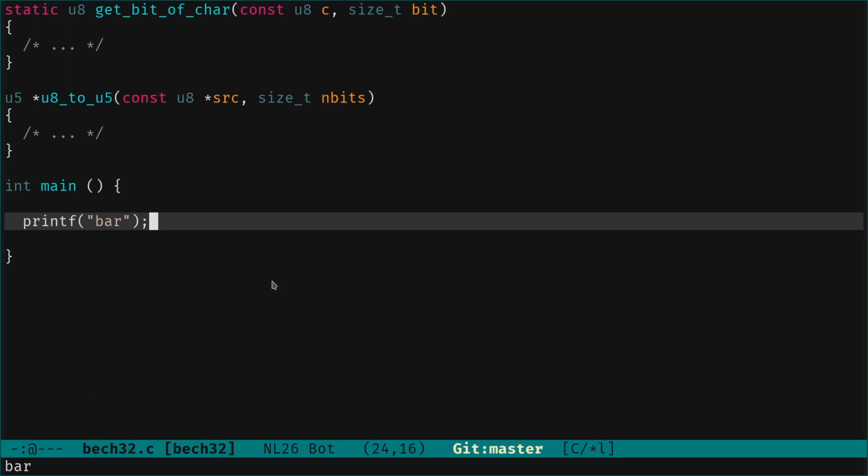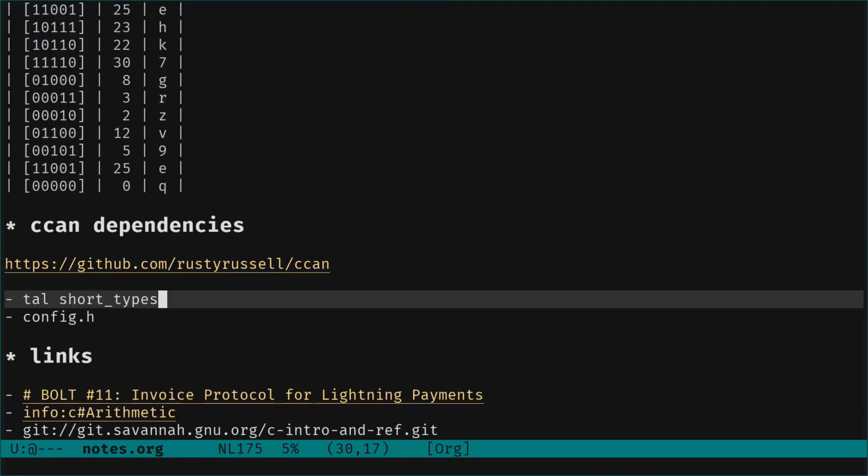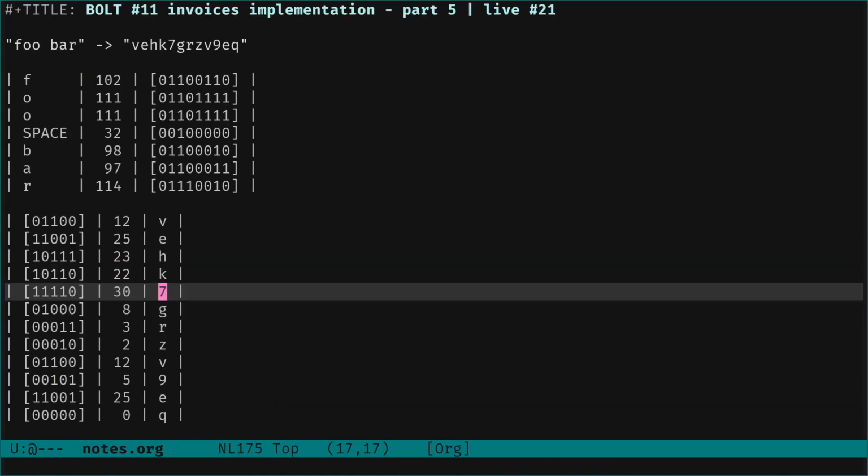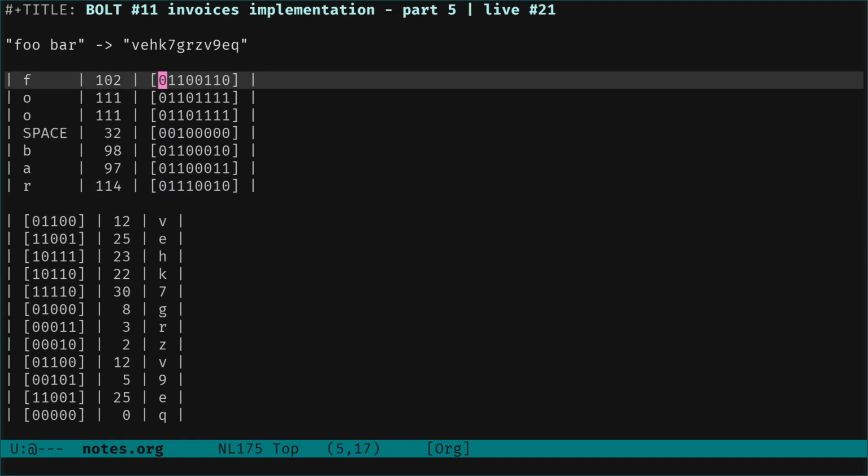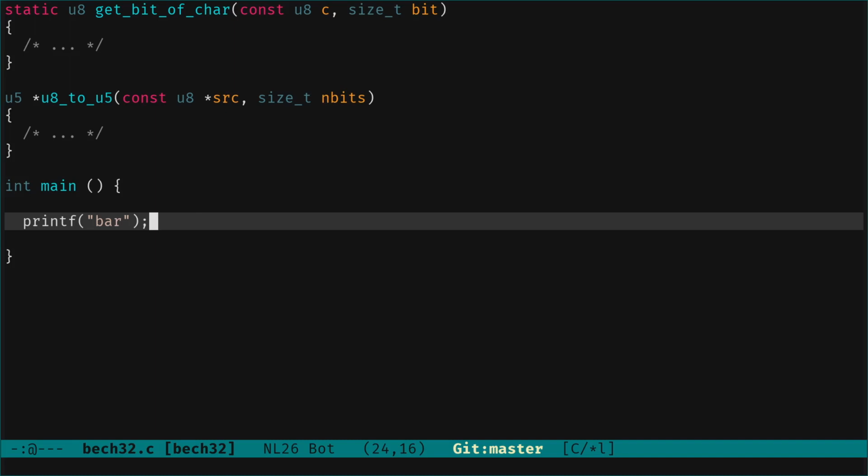So the first thing that we need to do, let's go back to our note. The first thing is to be able to get those bits. Each one for one number, one character, an ASCII character, bytes of 8 bits. We want to be able to get each one of those bits. So let's see how we can do that